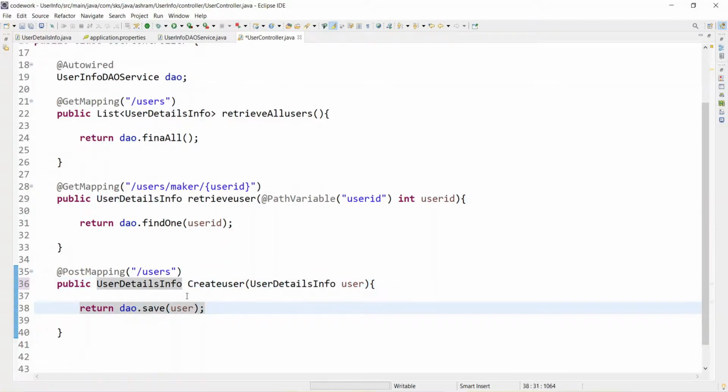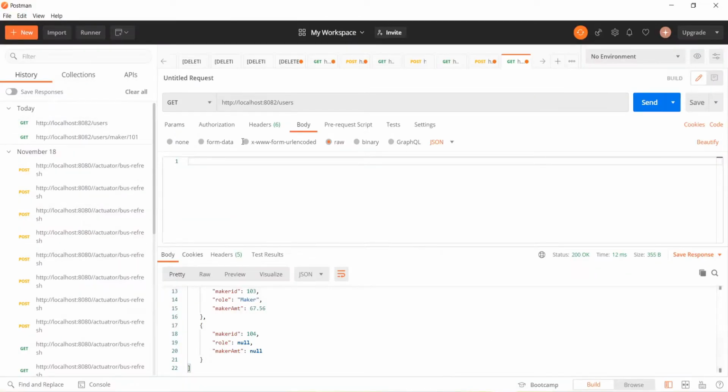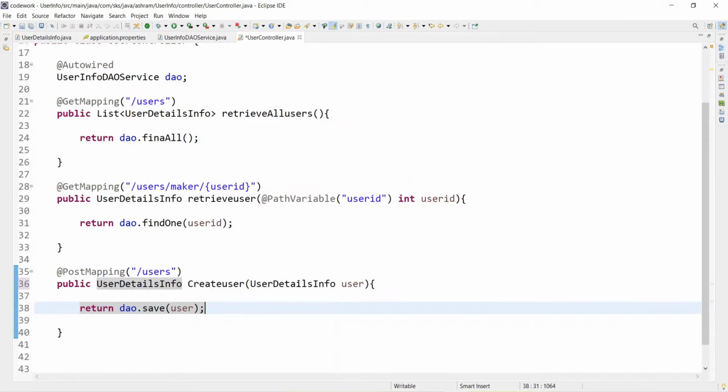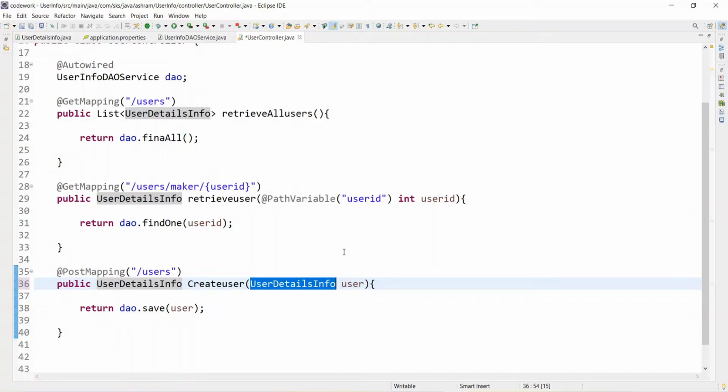This will be taken care of by Spring Boot through auto configuration, for whatever we are posting from the client. From the client we will be using Postman, and whatever we send in the body will be mapped here. It would normally be done using the request mapping annotation, but Spring Boot does it for us.